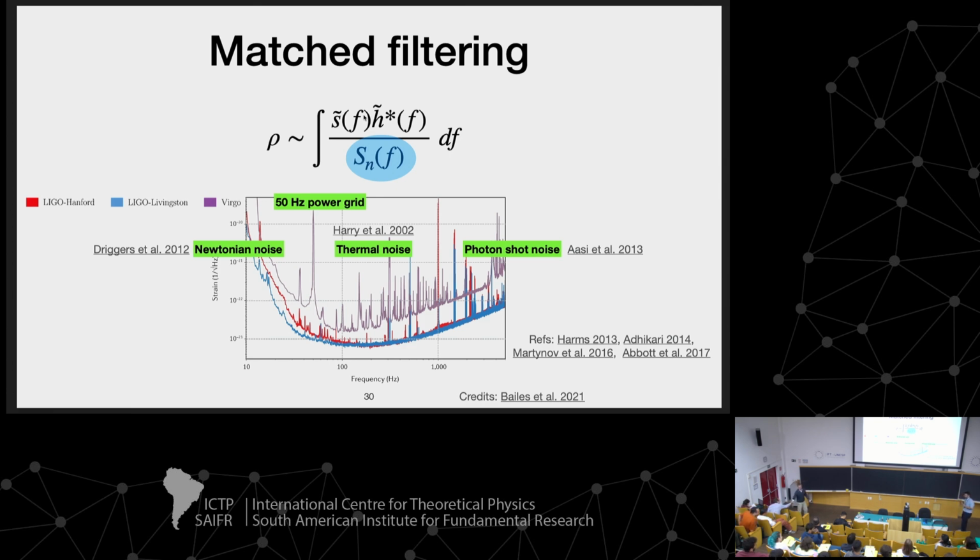Yeah, the prior choice is a huge topic. Usually they choose flat priors to be uninformative. You can also do population-informed priors. For example, tomorrow I'm going to show you how we get information from the populations, and then you can say if this new detection is coming from the same population, why can't I use those priors on the population on that one. There are analyses done like that.